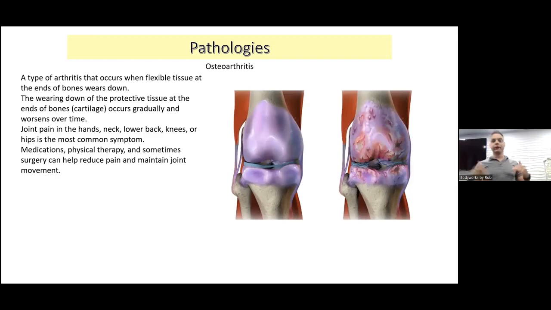joint moves. So what happens is that cartilage starts to wear down over time and then creates inflammation in the area and potentially creates bone-on-bone contact and friction in the area, which then just leads to the pain and everything. So